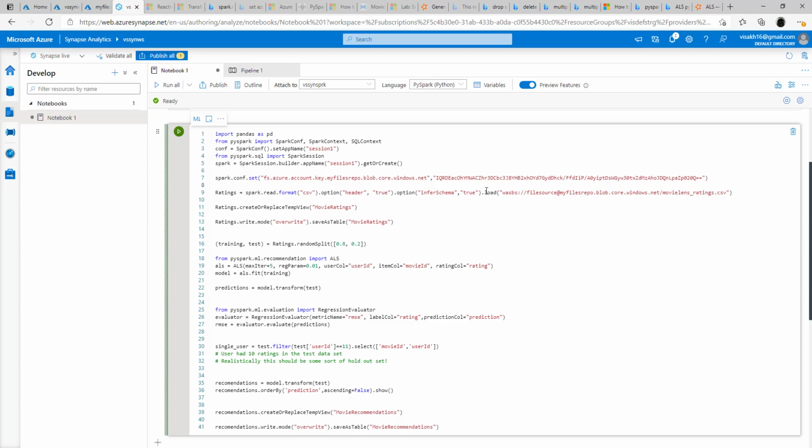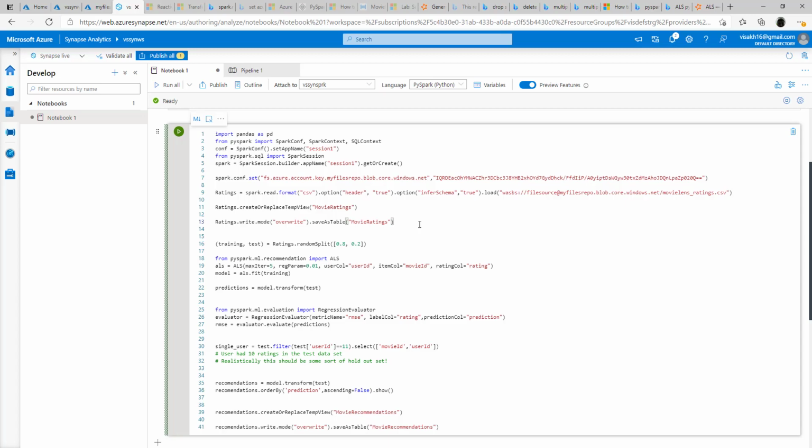And then we will have the load functionality where we will pass the full URL for that particular file. So the full URL for our MovieLens ratings CSV file will be accessed like this, which will have the name of the container inside which the file resides, and also the Azure blob account name. So once this is read into Spark, we will be saving it inside a temporary view, and then we'll be writing it onto a table which has the same name, movie ratings. And when you use this saveAsTable to save it as a table, it will be saved as a table inside the Spark instance, the Spark pool that we create.